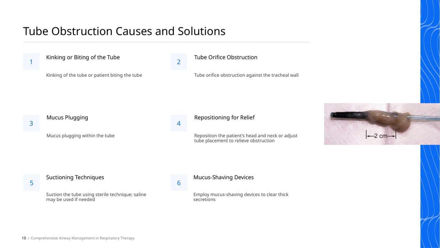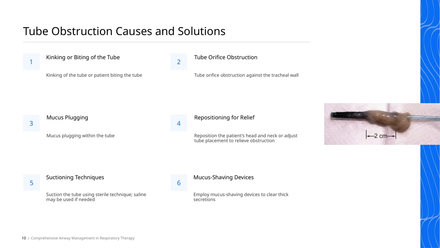Remember, always use sterile techniques to prevent infection. If necessary, saline can be used to loosen thick secretions before suctioning. We should also be aware of kinking or biting of the tube, which can cause partial or complete obstruction. Ensuring the tube isn't kinked and that the patient isn't biting it, using bite blocks if needed, can significantly reduce these issues. Overall, understanding these causes and applying the appropriate solutions ensures we maintain a clear airway and support our